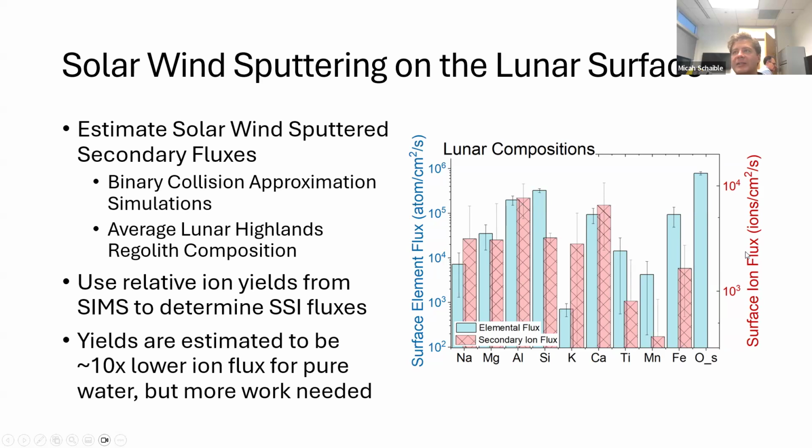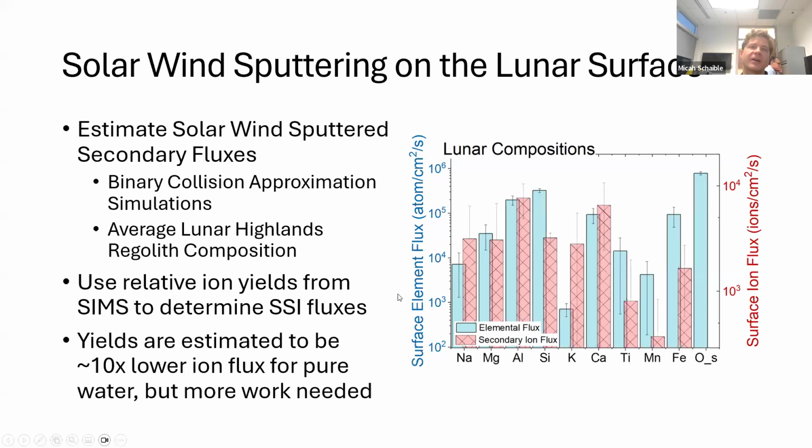When we apply that relative ion correction for the secondary ions, we see that the relative abundances of these species change significantly. We don't see any oxygen, mostly because oxygen doesn't form as a positive ion, and we're talking about the positive secondary ion fluxes here. If we're looking at negative secondary ions, we would see some oxygen, but it's predominantly formed as a negative ion, and we just have the positives here. But we do see that the relative abundances of things like silicon are decreased, while the relative abundances of calcium and potassium are increased compared to their total abundances.